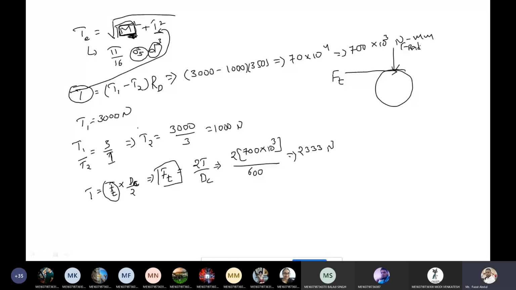Because of these two, what happens? One resultant load is going to be generated on the system, known as the normal load. Okay. So what is the intensity of the normal load here? Just now you calculated the Ft value. That Ft value will not be used here in solving the problem. So what is the magnitude of the normal load? The normal load magnitude we will get in newtons because it is a load. So what is the normal load? See here, I am extending this one.